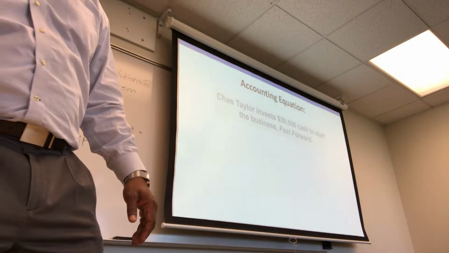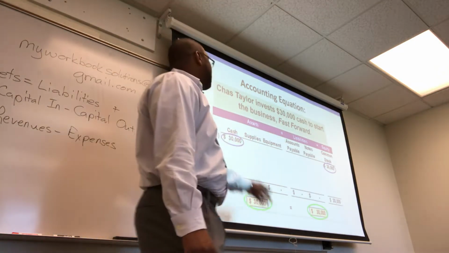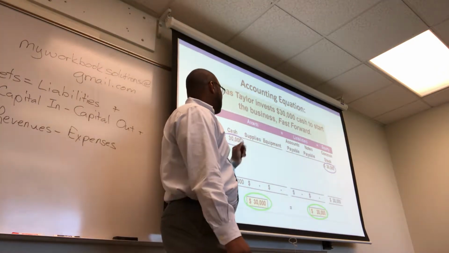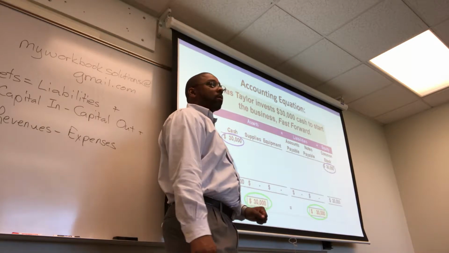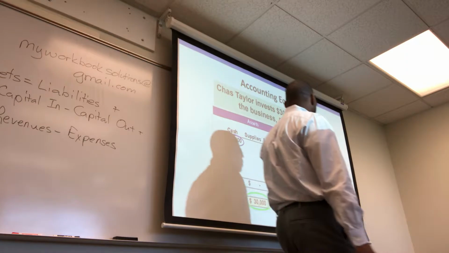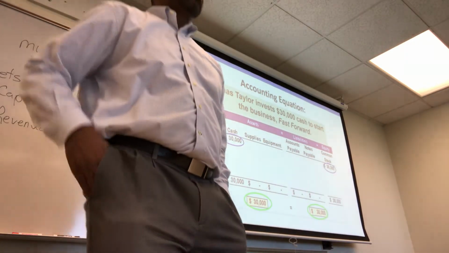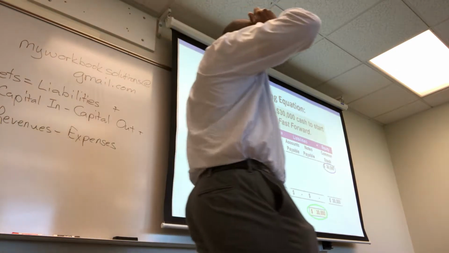And so how would that look on the accounting equation? It'll look like this. Cash is an asset. It increases 30,000. Common stock, so in the equity, increases 30,000. Do we have a balanced equation? Yes. Go ahead. What's the difference between equity